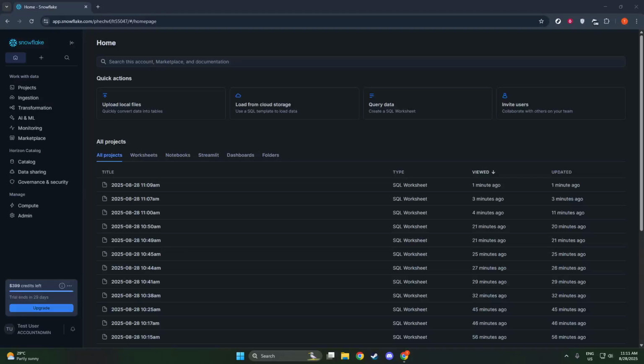In today's video, I'm going to teach you how to schedule jobs in Snowflake. Scheduling jobs in Snowflake can significantly enhance the automation of data processes and workflows, allowing you to execute tasks at specified intervals without manual intervention. This tutorial will guide you through the process of creating a scheduled task in Snowflake, empowering you to streamline your